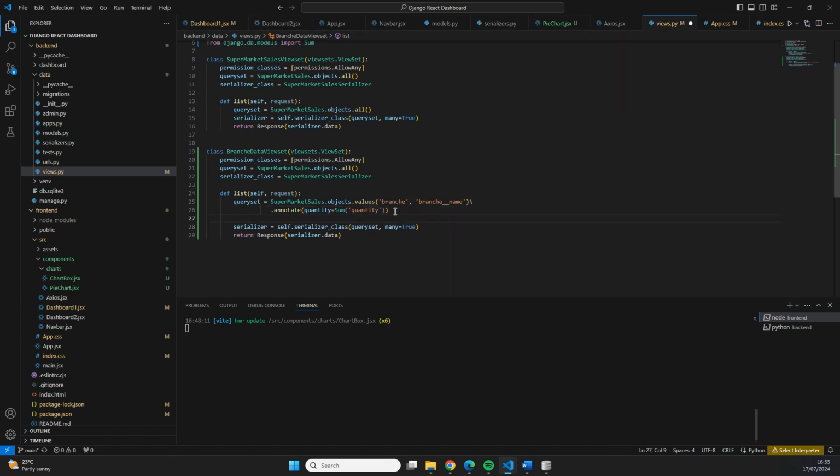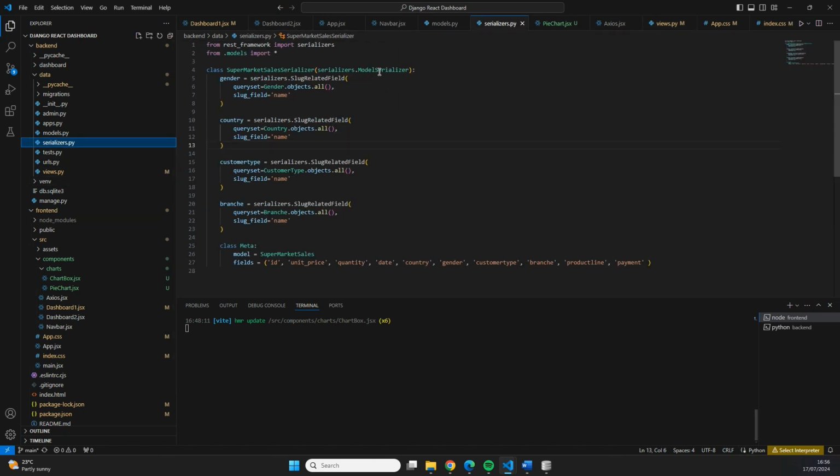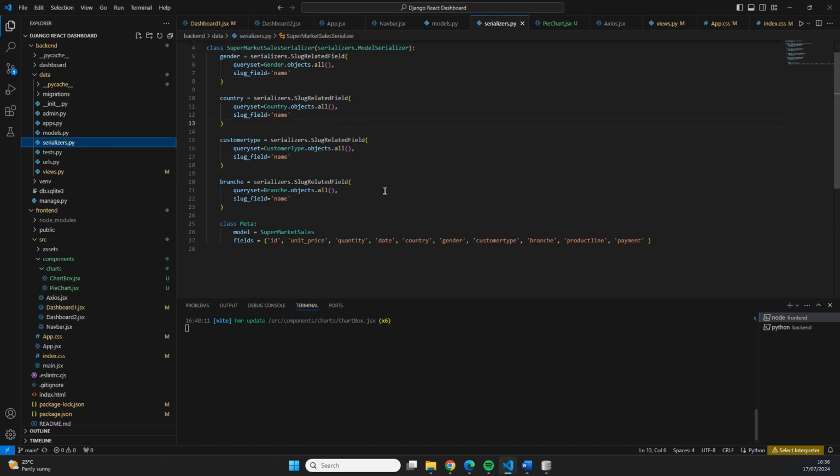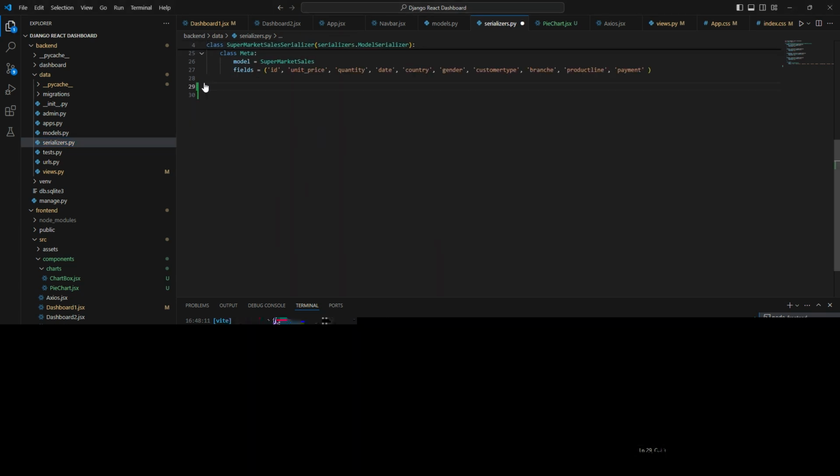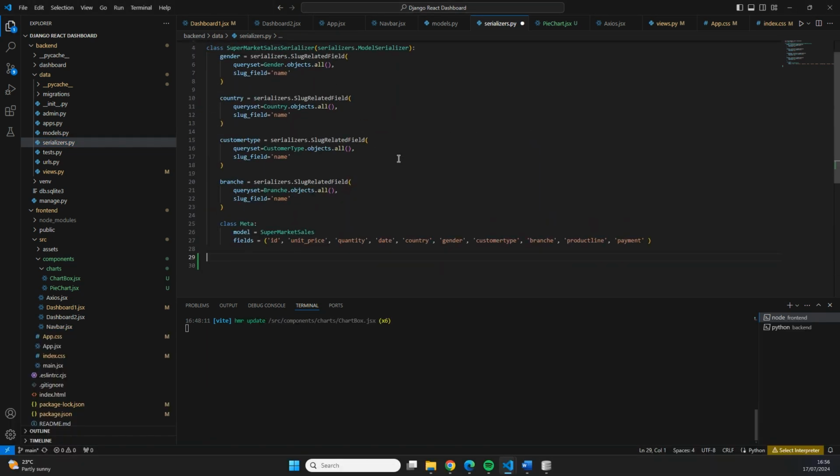And then we can say that we also want to serialize it like this, because we want to serialize our query set using the serializer specified right here. Now, the thing is, we changed the structure of our data quite a bit, because we're just having one value and a quantity field. But our current serializer is a model serializer. And we actually don't need that, because it's not just going to serialize the model, but also make some changes. So we're going to be creating a new serializer. So we can say class BranchDataSerializer, which is going to be equal to